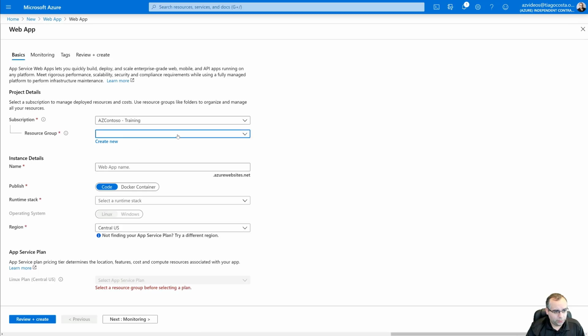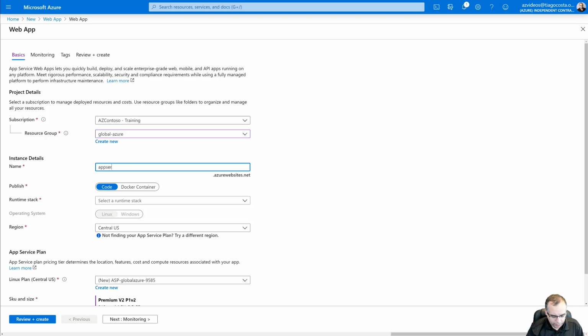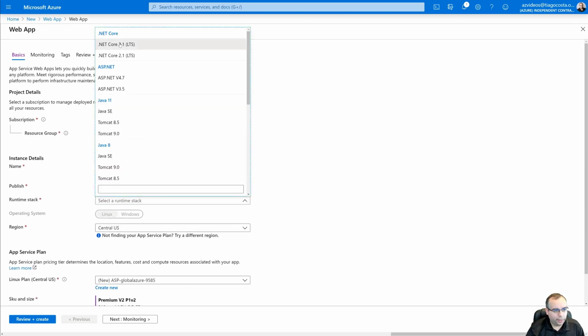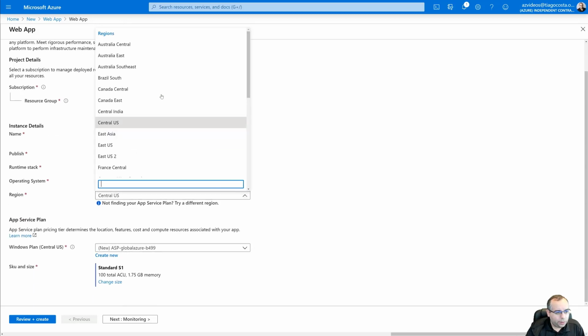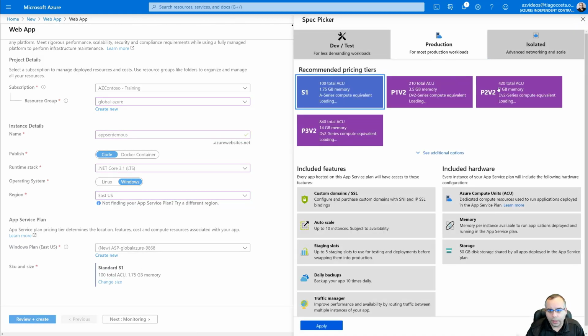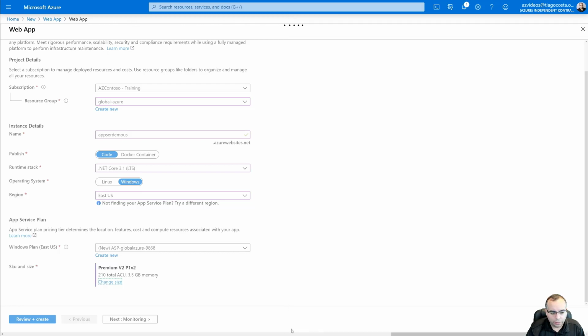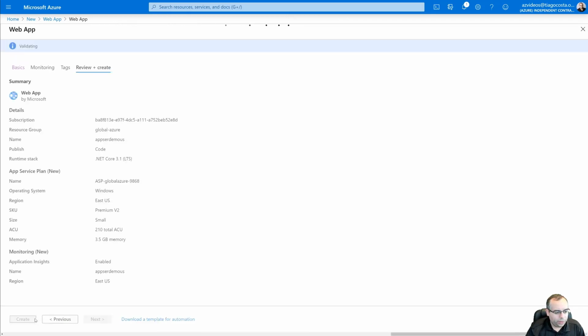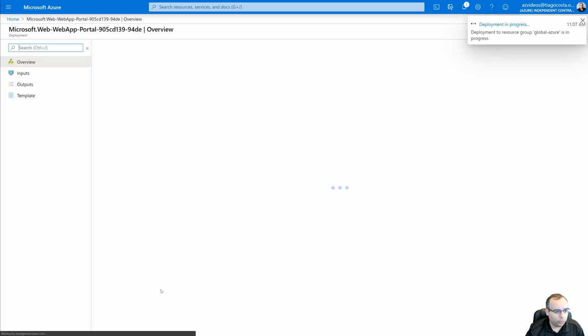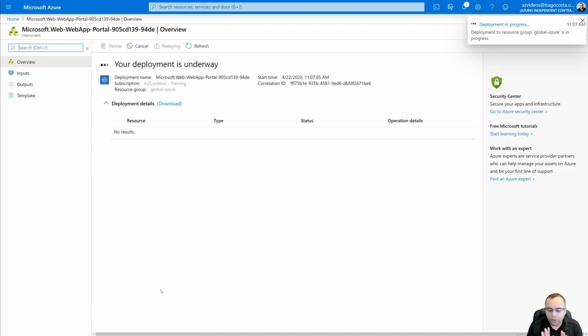Okay, so I'm just going to choose here the global Azure App Service Demo US, and .NET Core, and in here I'm going to choose East US, and then a new one. I'm also going to create a premium plan. I just want premium plans for both web apps. I'm just going to create two, but